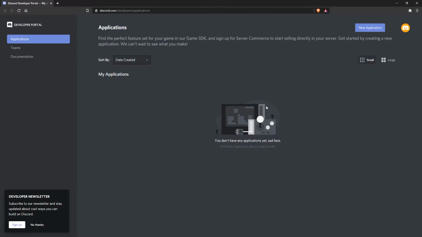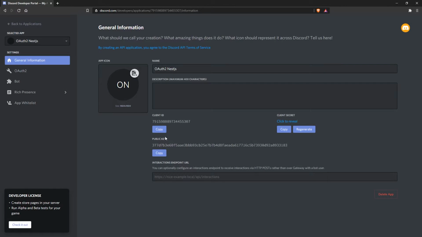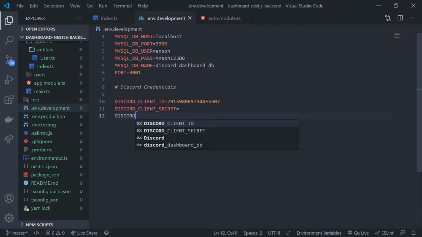Alright, so we're going to create the Discord application. We're going to go to new application, and I'm going to call this OAuth2 NestJS. Now we're going to get the client ID. I'm going to copy that and place it inside here. So Discord credentials, leave a comment here. We'll do Discord client ID. We're also going to need the client secret, so I'll just write that real quick,